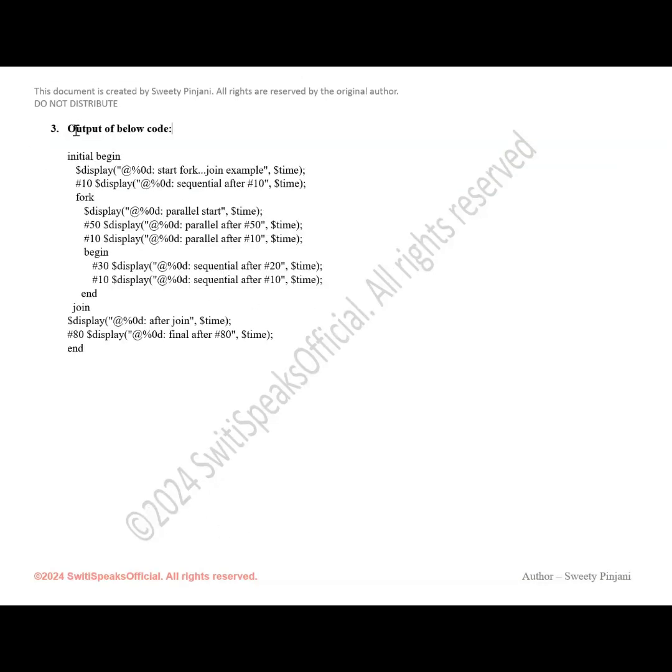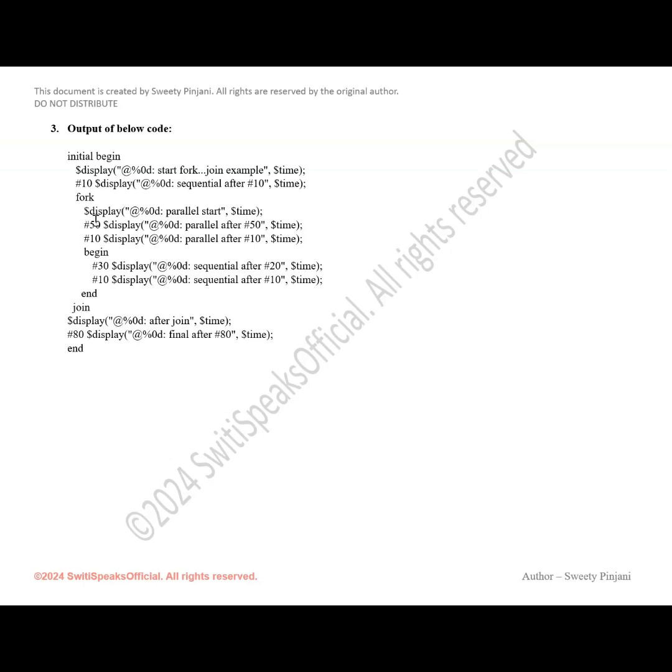One more code we will see. You need to tell what is the output of this code. Here I have an initial block. I am displaying something, and after a delay of 10, I am again displaying something. After that, we have a fork join block.